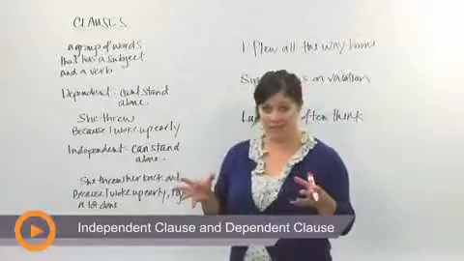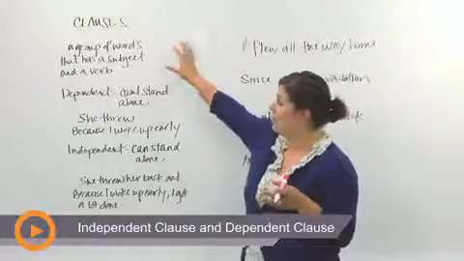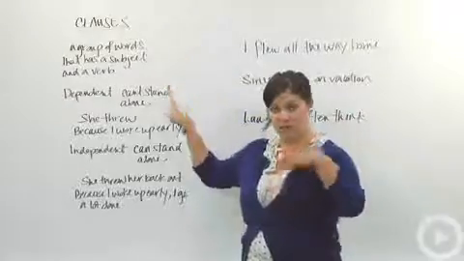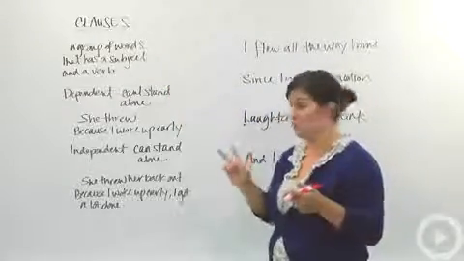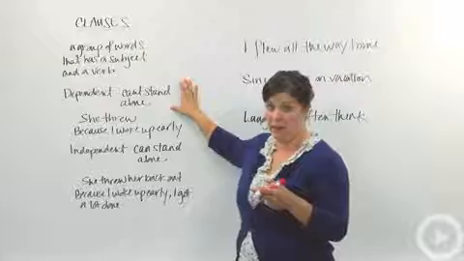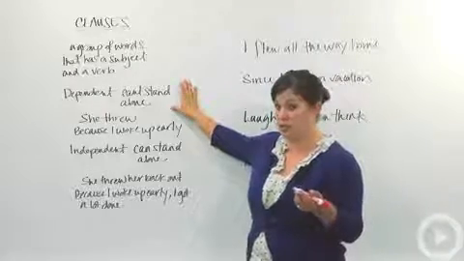Clauses are the building blocks of sentences, and they're pretty easy to understand. They're a group of words that has both a subject and a verb. The catch is that there's two different kinds. The first kind is a dependent clause, which means even though it's got a subject and a verb, it can't